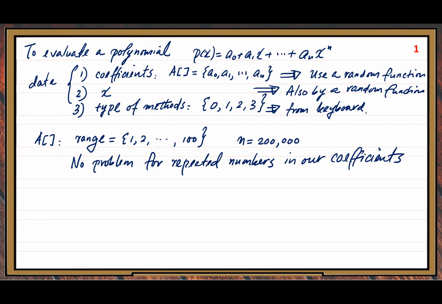In our polynomial evaluation, we do additions, multiplications. We use repeated values. There is no problem. So we do not need to worry about that. Just one student mentioned that, so I like to explain a little bit. Other than that,